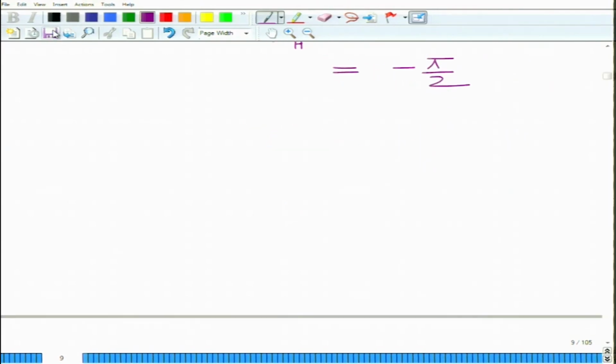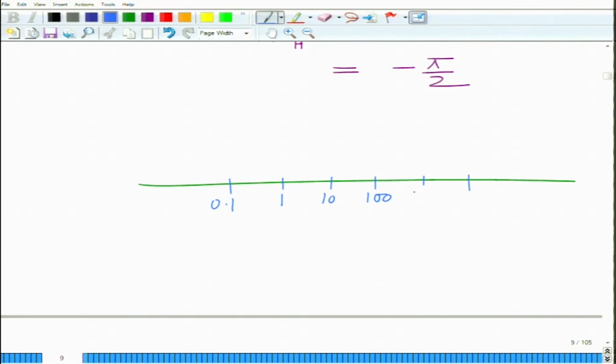So, if you take all these cases and try to plot the Bode plot for the magnitude, you take these various cases and you plot the Bode plot for the magnitude. So, once again you have 0.1, 1, 10, 100, 1000, 10,000. And now, if you plot the Bode plot, so let us